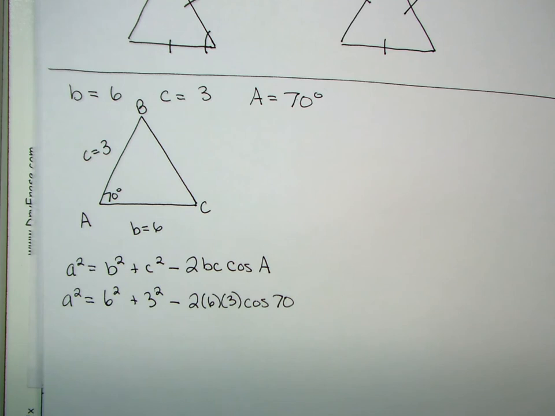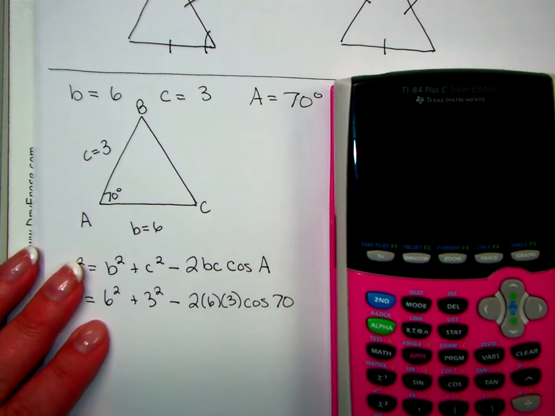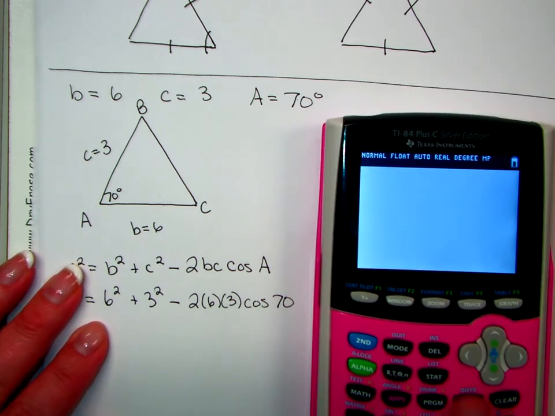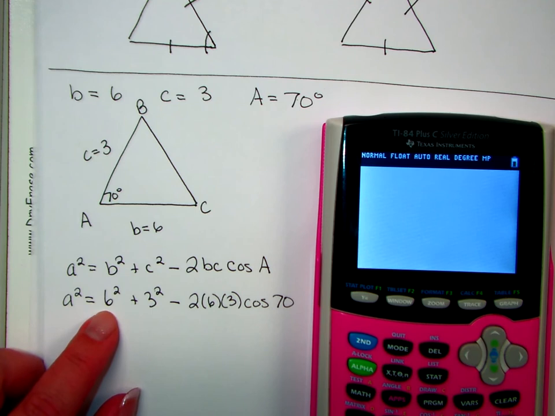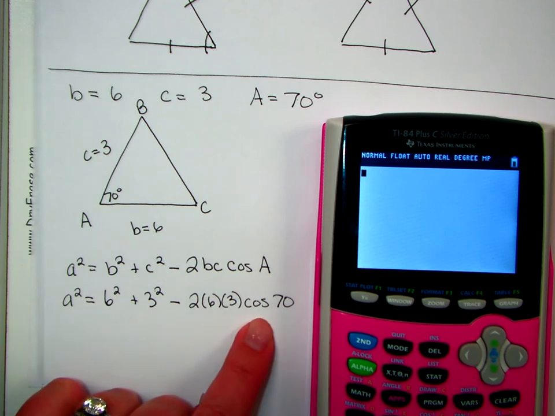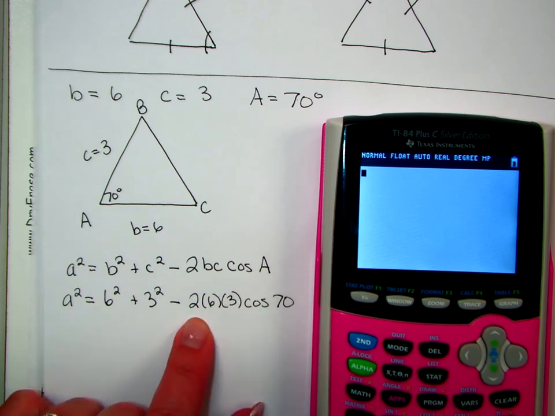Now your calculator is smart. Your calculator follows order of operations whether you intend for it to or not. So if you type this in as is, it will calculate this correctly. So 6 squared plus 3 squared minus 2 times 6 times 3 times cosine 70, is,